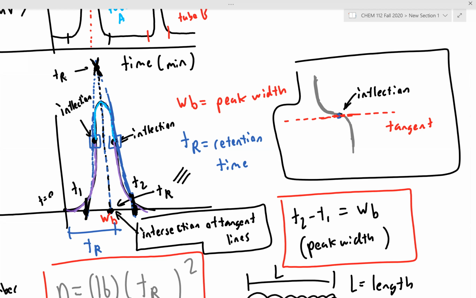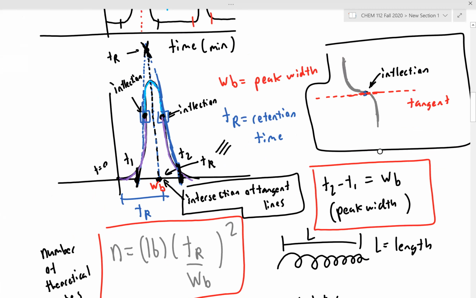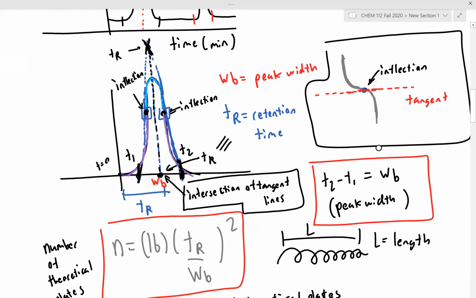The other piece of data that we can note, as we can clearly see for this peak, is that it does not elute at a single time. It elutes over a time range. And we can calculate the peak width. We can calculate the width of our peak by subtracting T1 from T2, which are the two points where our tangent lines intersect the x-axis. To give the simplest analogy for what is going on here,